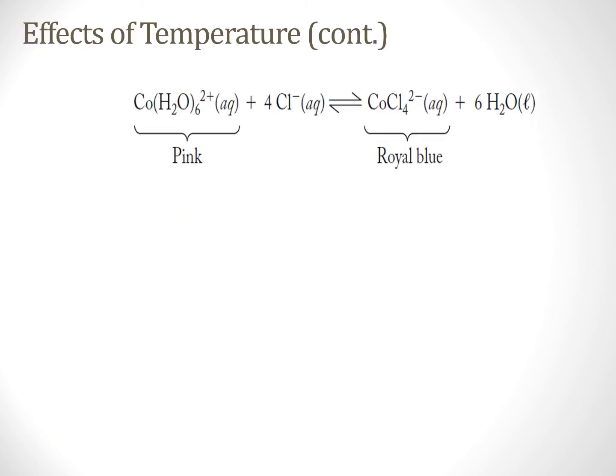There are several reactions where the difference in color between the products makes it more obvious to see the effect of temperature on equilibrium. In one of the videos that I gave you the link for, the reaction they were using was N2O4 decomposing into NO2. But another example is this one with cobalt complex ions that you would have done in the lab, except